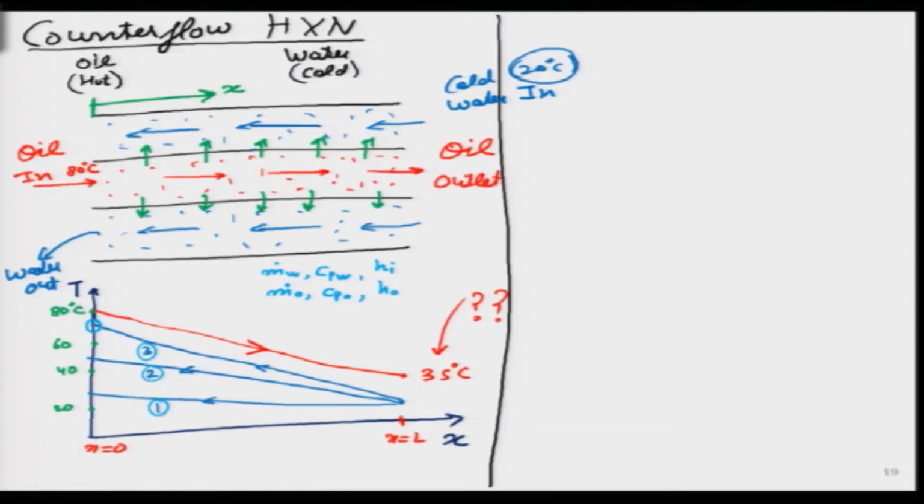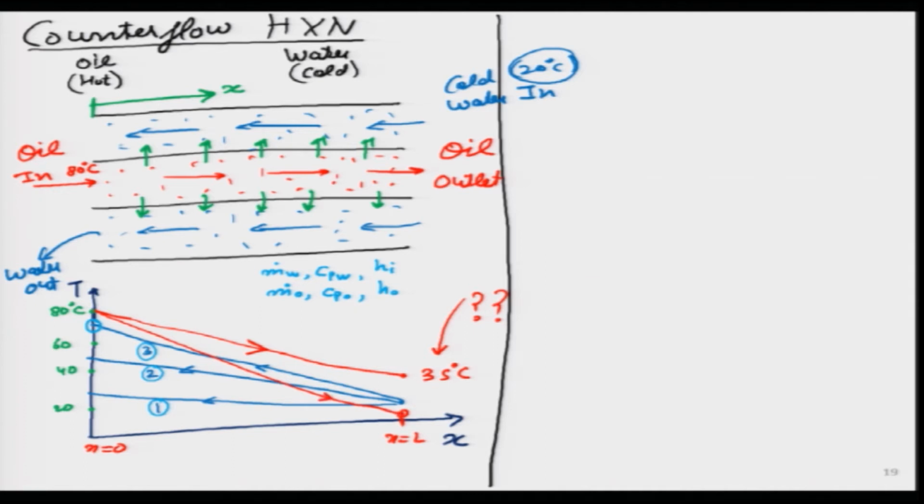In other words, if I go back to the slide and try to draw hypothetically, can the oil reach 10 degrees temperature? How can it reach 10 degrees? At least graphically I can show over here. 10 degrees will be this dot over here. Can I draw this red line and put an arrow over here?